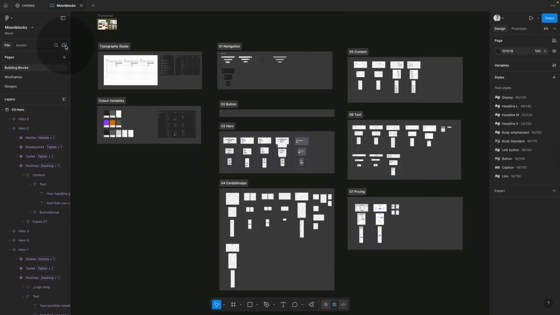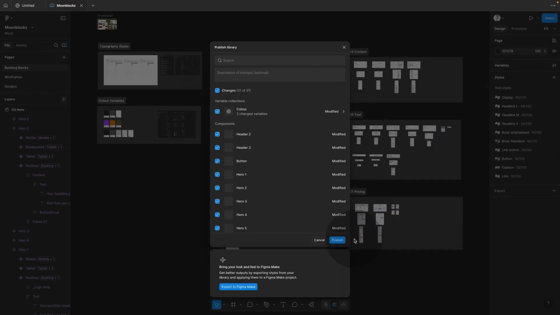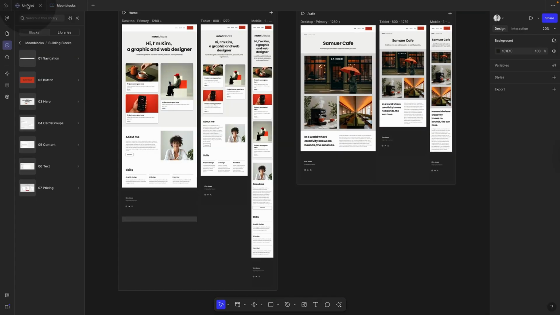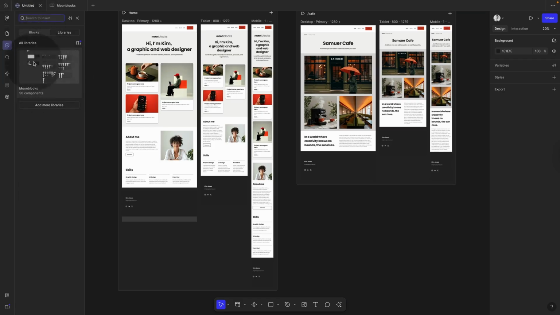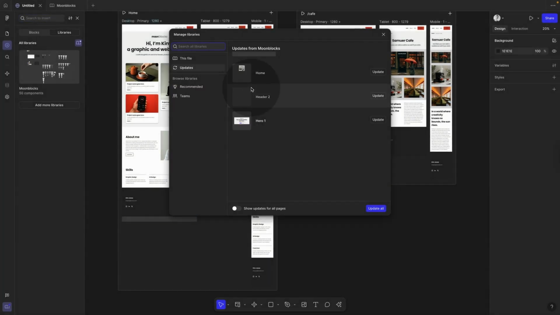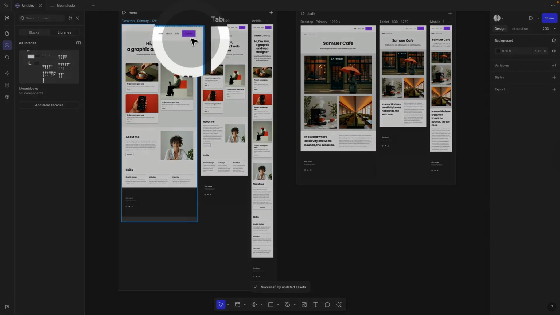So let's update this and jump over to our design. So in order to see it in our design, click on the little library button when you see this little bubble here asking you to update, and then publish the new library with the changes. So let's jump over to our design, and then you need to go back until you see the thumbnail and the little icon here. Click on it and you can now accept the updates. And now have a look what's happening with this button, and you can see we now have the new color